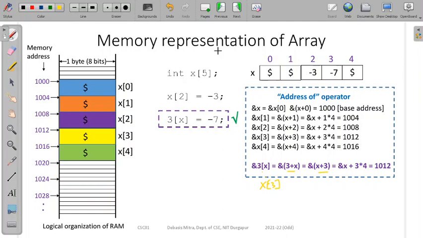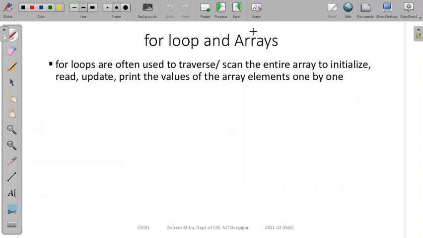Yes, sir. Okay. So with this introduction to memory organization, let us try to move on to some small example programs where we'll be using arrays. We have seen one motivational example in the last class. Now we will be dealing with a few very common and popular small problems where the use of arrays